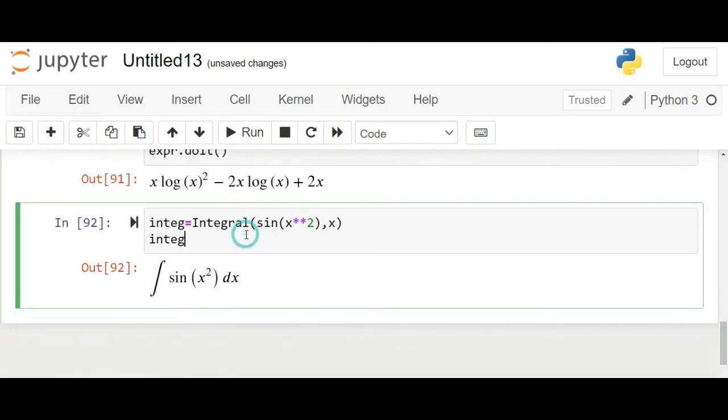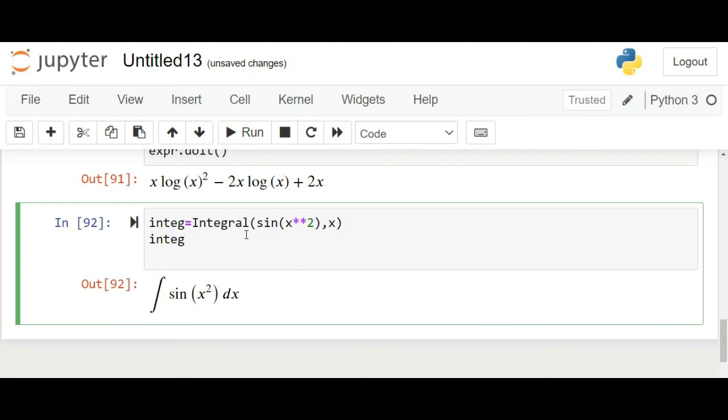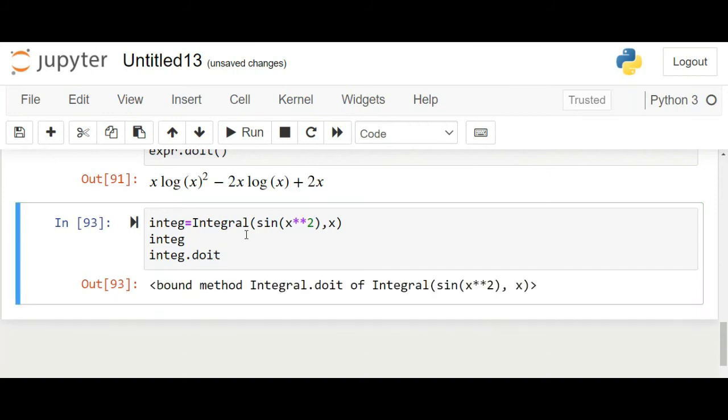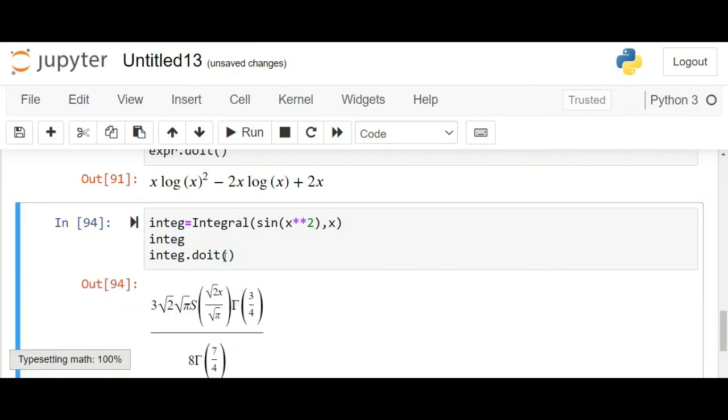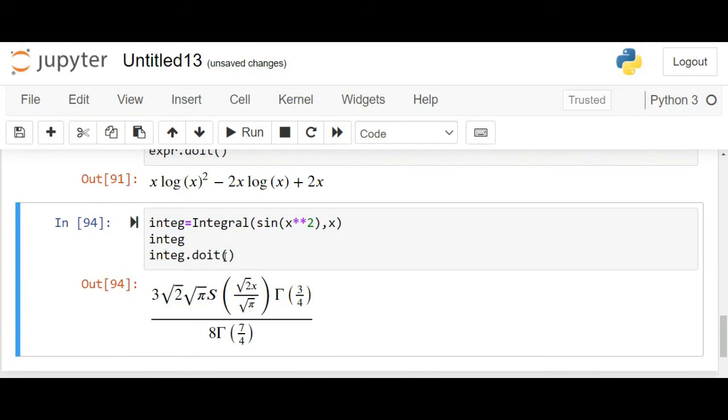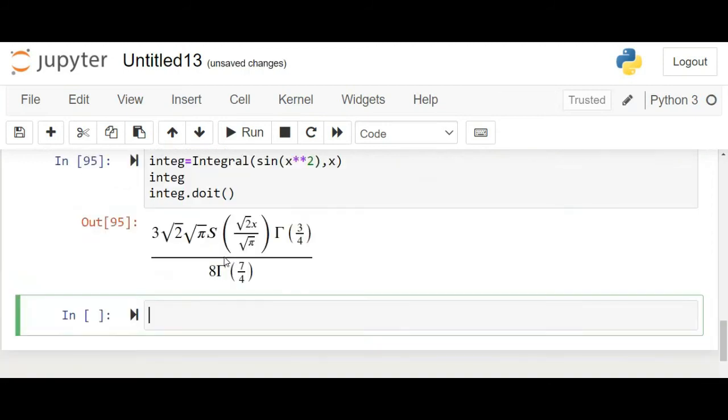And if we write integral dot doit, yes, we should write doit inside the parenthesis, so our answer will be just like this. This is the way how to integrate. And again, if we will write